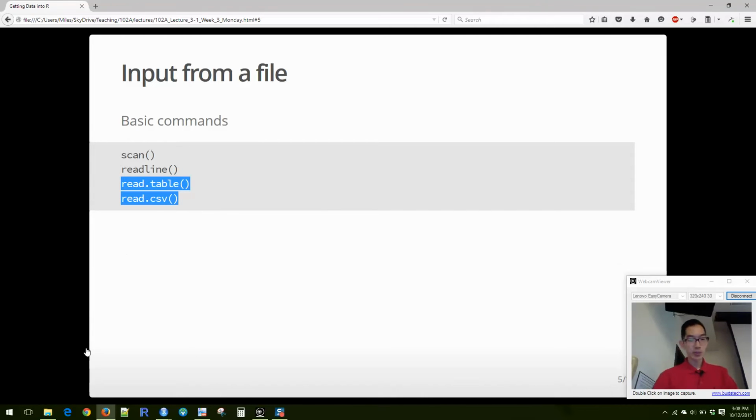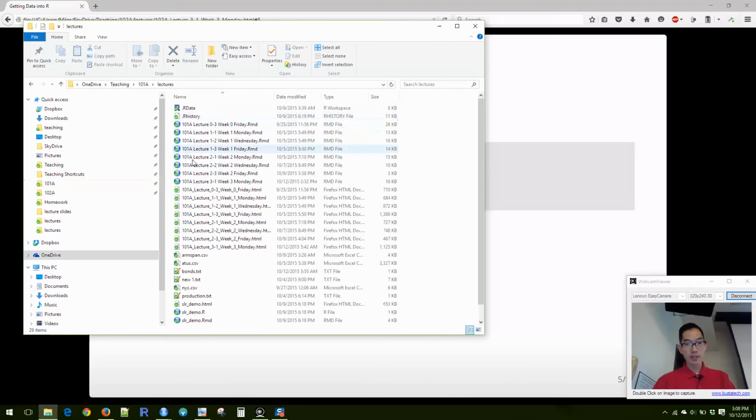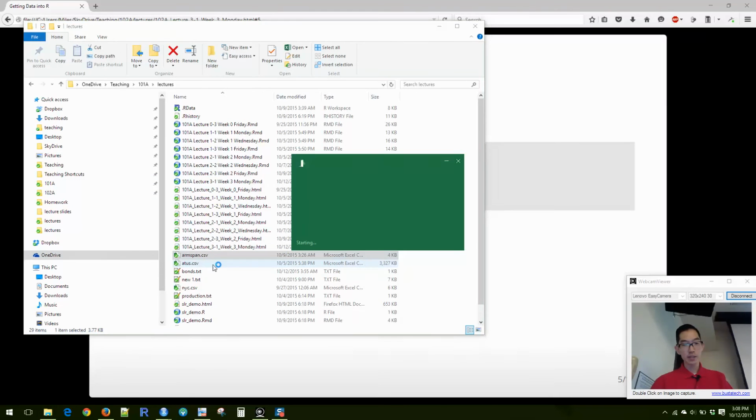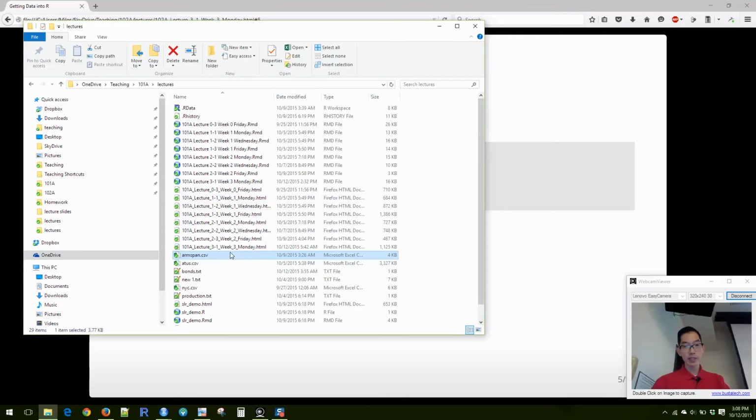In 101 we use all sorts of text data. It'll just be something really boring, like a CSV file, that if you open in Excel it looks like this, but it's really a plain text file